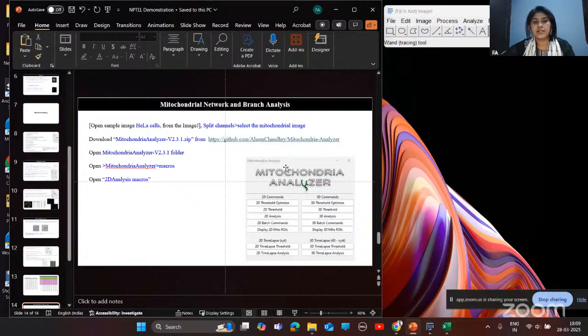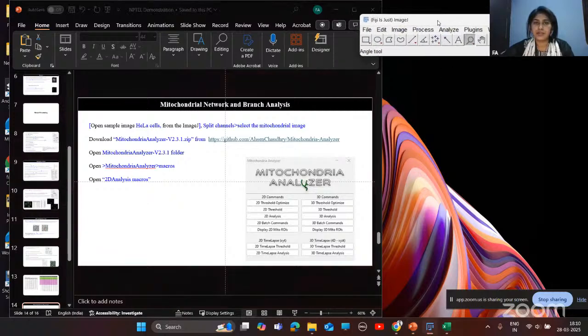But in case you are unable to install this plugin, as I said, just paste this folder into your Fiji package and you can use it from there directly. I'll show how you can use this.